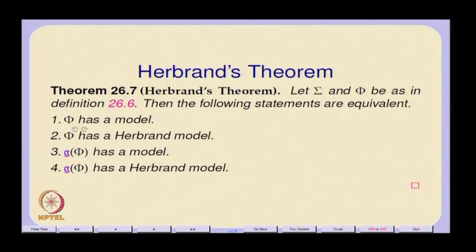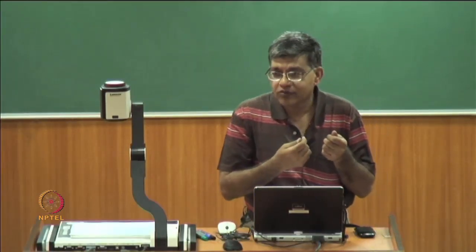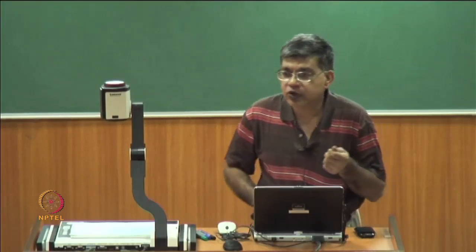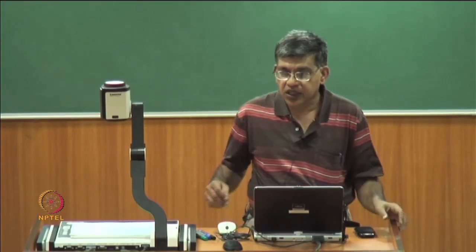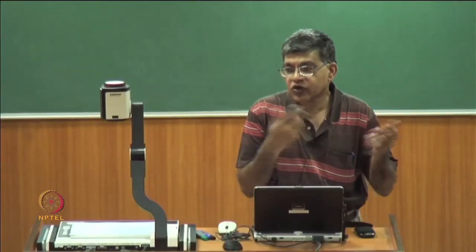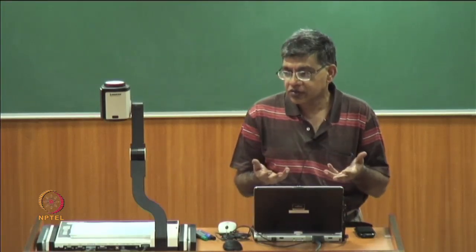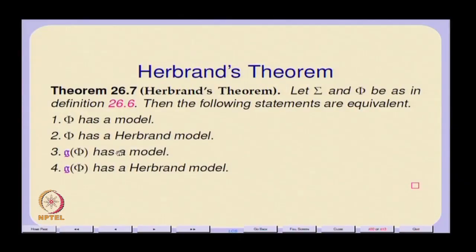Okay. If phi has a model and every formula in phi is in Skolem normal form with a universal closure over all the free variables of the body of the formula, then if phi has a model, then clearly G of phi has a model. All the ground instances of phi have a model, because it is a universally closed formula. So, for all possible substitutions of terms for the variables of the body, it should be true. And so, therefore, 1 implies 3, and that is also trivial. By the same sort of argument, 2 implies 4,